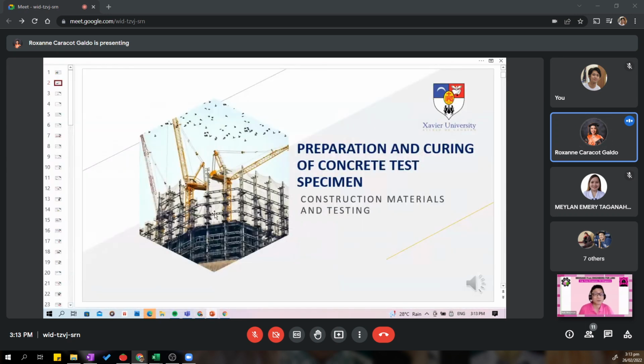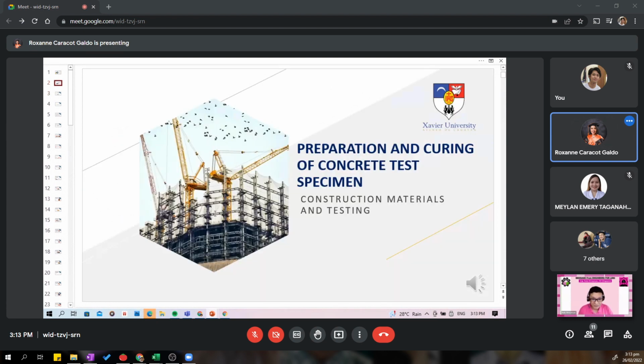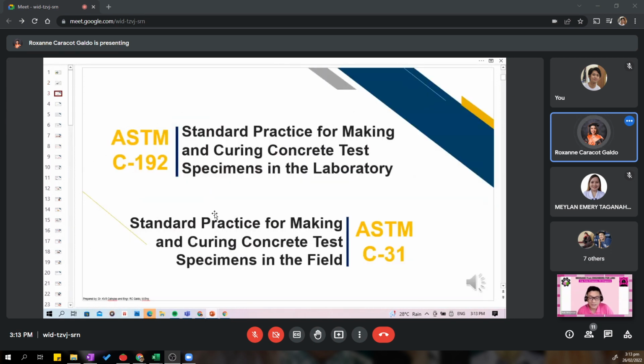Okay. So this will be our first lesson for this week, preparation and curing of test specimen. Okay, so this lecture note is quite lengthy, mura na siya 90 kapin nga slides or pages, because once we talk about preparation and curing of test specimen, duha na siya ka klase. Okay, so first is the standard practice for making and curing concrete test specimen in the laboratory and ang isa